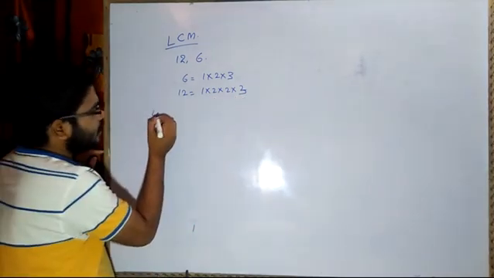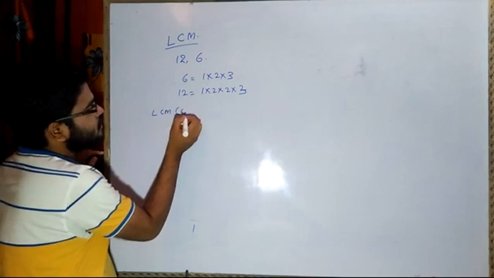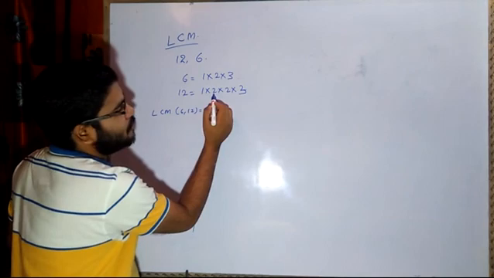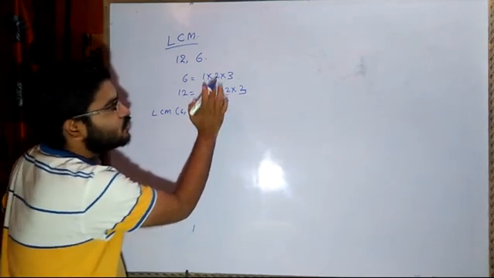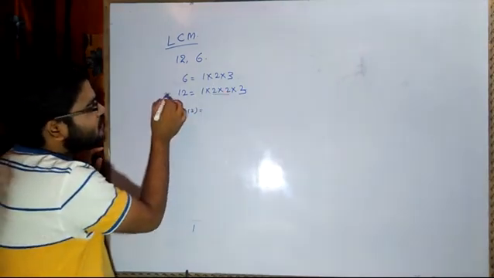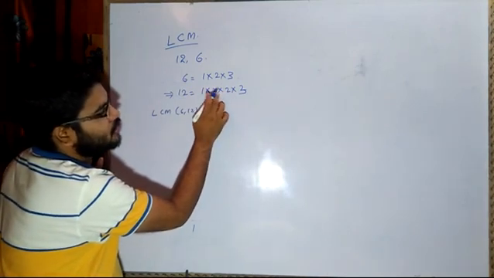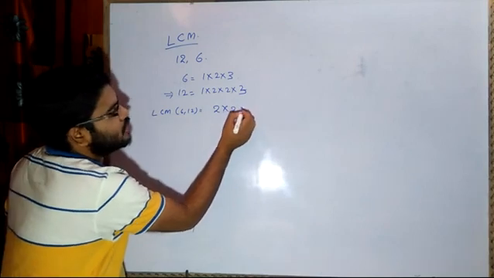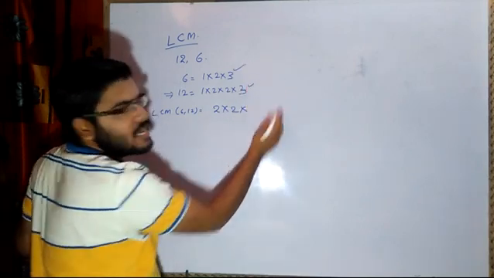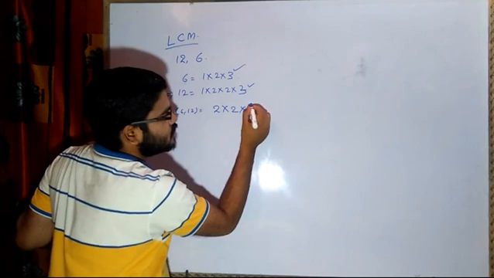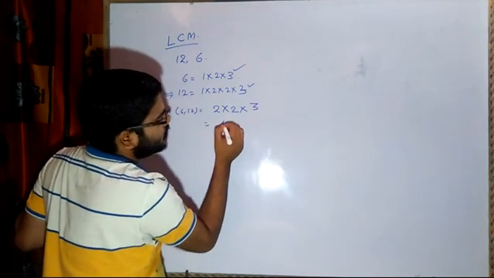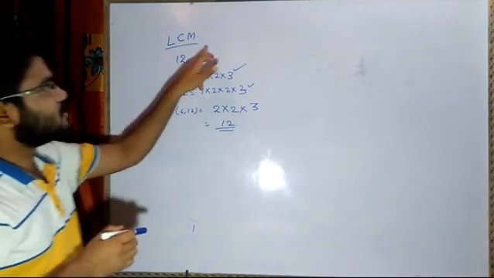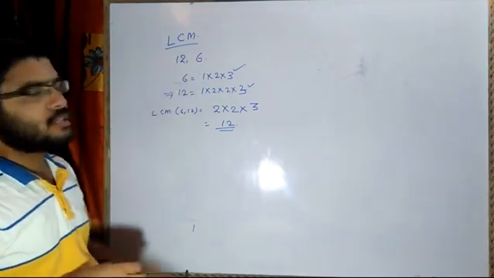Now to find out the LCM of 6 and 12, we see which number is written maximum number of times. 2 is written 2 times here, 2 is written 1 time. So we will select 2, the maximum number. How many times is it written? It is written 2 times. So we will write 2 times. Then 3 is written 1 time here as well as here. So only 1 time 3 is written. So I will write here 2 2s are 4, 3s are 12. So the least common multiple will be 12. 6 1s are 6, 6 2s are 12, 12 1s are 12, and then like this.